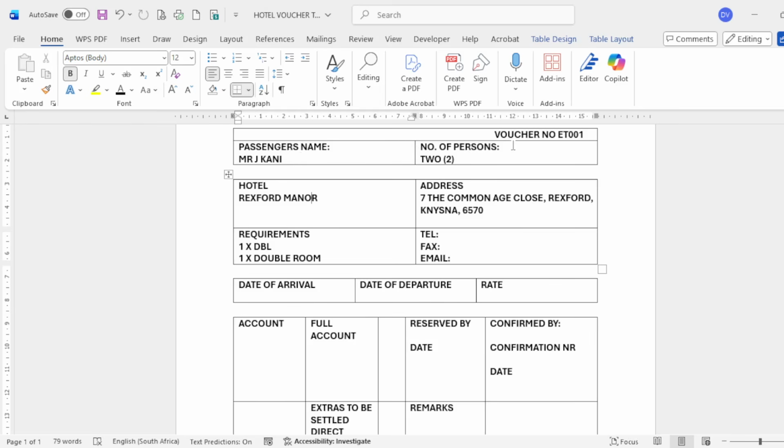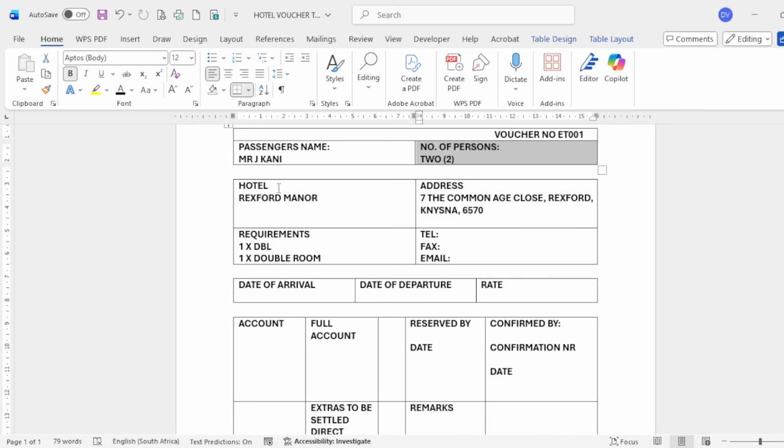Number of persons. So, guys, a lot of times when we mark TSN4, students write the telephone number of the person here. No, that's not the telephone number that we want. We want to know how many people will be traveling. So in this case, it's 2 people. So you can write the word 2 or the number 2. You can choose. You'll get the mark for either one of those 2.